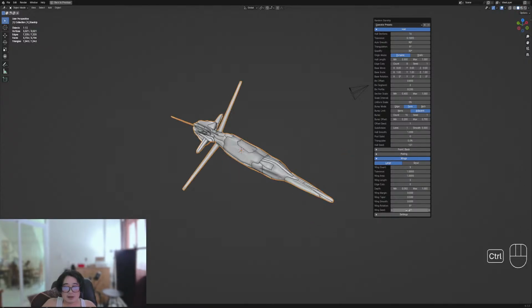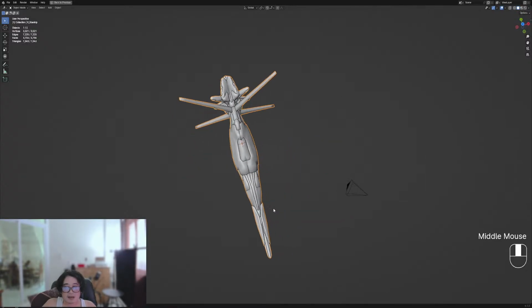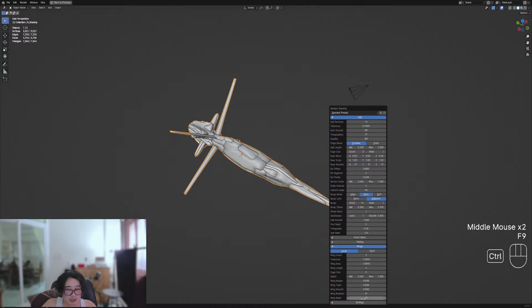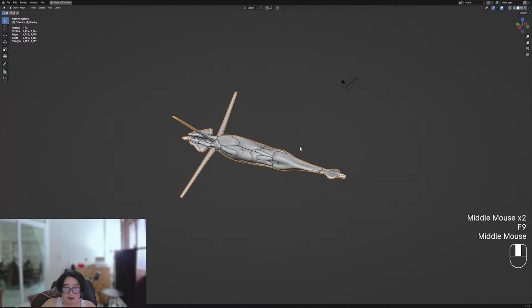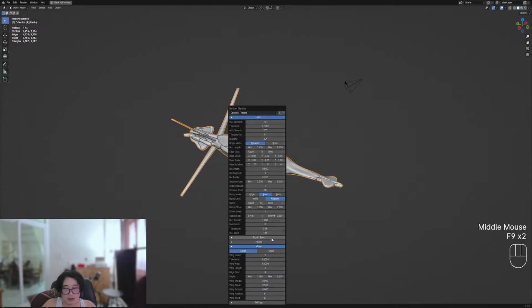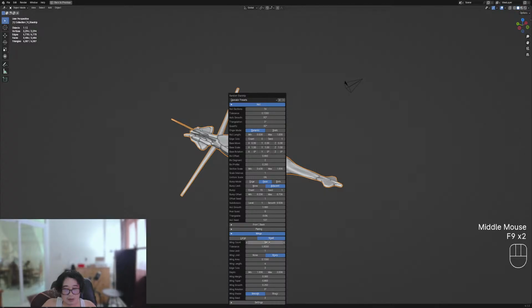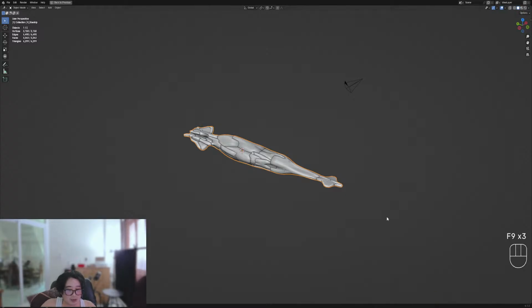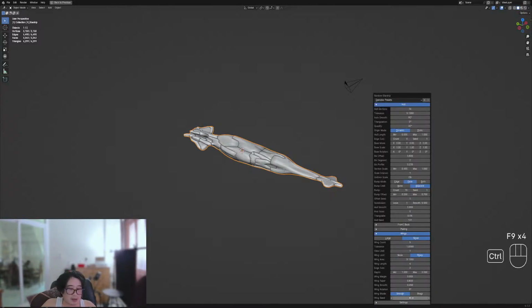So yeah, when you like the body but don't like the wing position, you can of course still manipulate it. I think this is the small wing structure. Yes, it's the small wing structure. Not so small, but